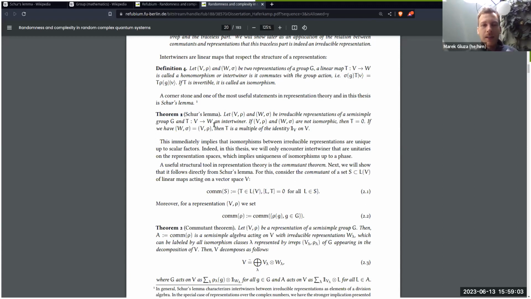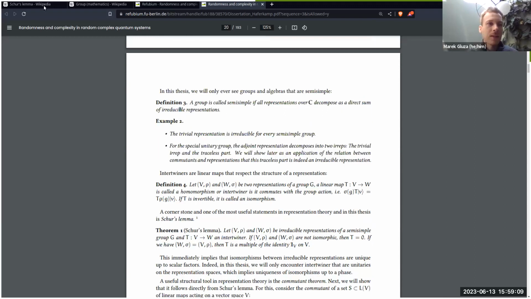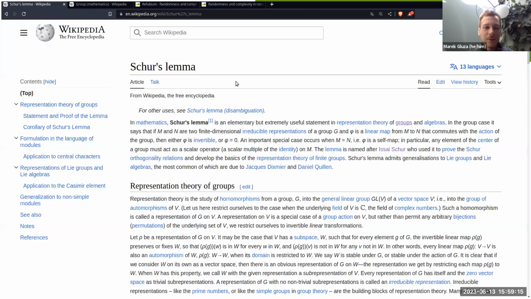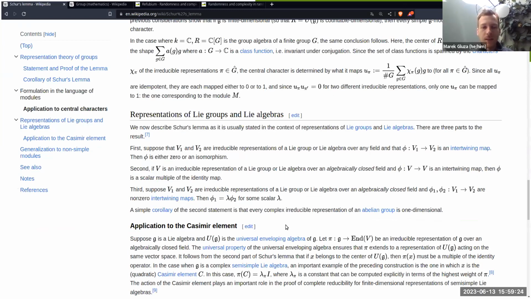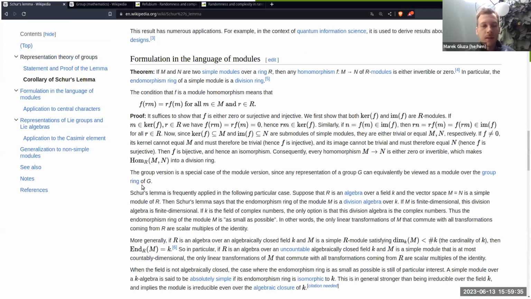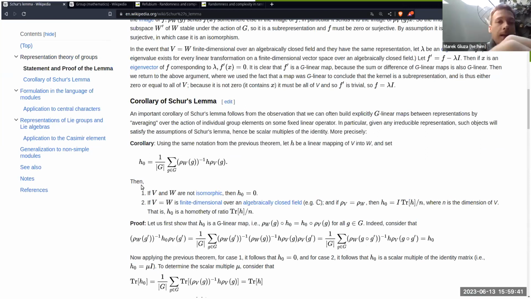Okay. Jonas is using a word intertwiner, which is probably defined in one of the definitions. Before I go away, we will do something simpler. This intertwiner stuff you will also find somewhere here. Intertwining maps, you have all the stuff on Wikipedia, of course, but this is for Lie groups and Lie algebras. Today I want to talk about simpler stuff. So today I want to be talking about this. I had to tell you all about representations, because now we can understand the statement. And what I want to show to you